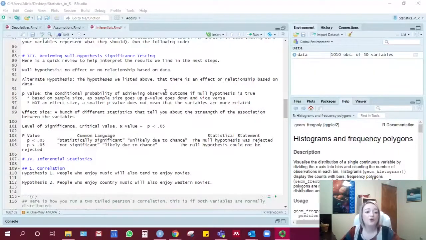Okay, now I'm going to review null hypothesis significance testing real quick to help us with the interpretation of the statistics, and then I will run a correlation. So the null hypothesis is that there's no effect between the variables or no relationship based on the data. The alternate hypothesis is the hypothesis that we came up with. The general alternate hypothesis is just that there is an effect or a relationship between the variables based on the data. And then we also listed specific alternate hypotheses, an H1 if you will, that predicted exactly how those variables